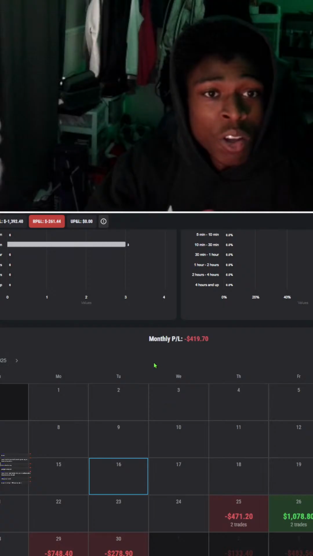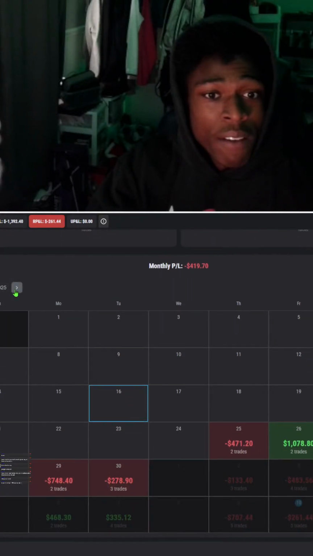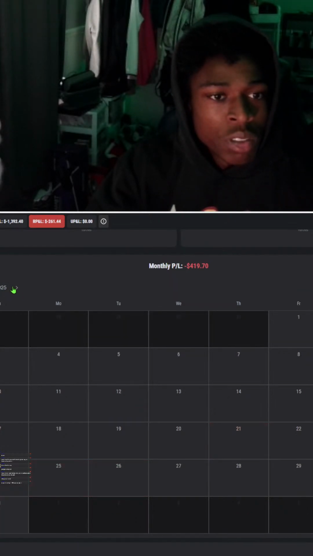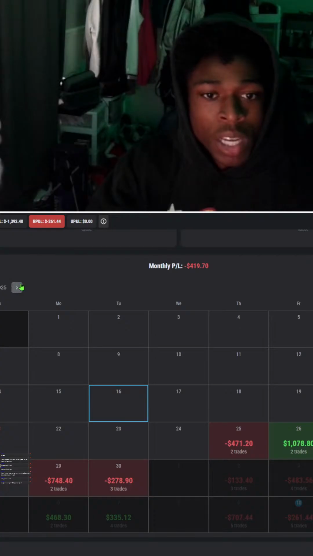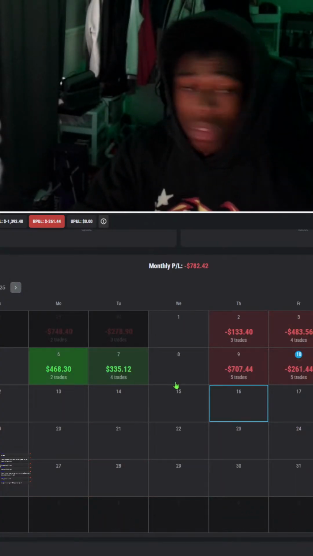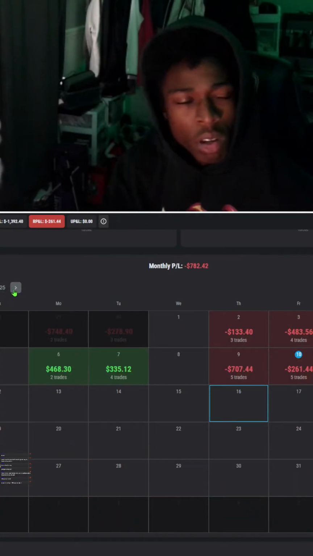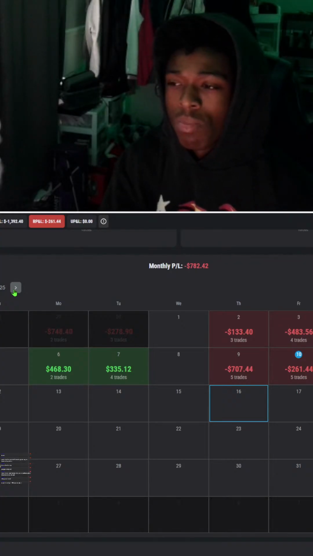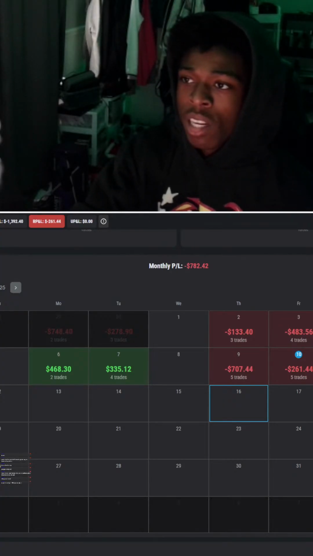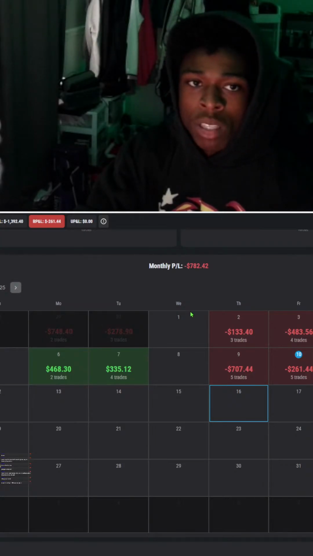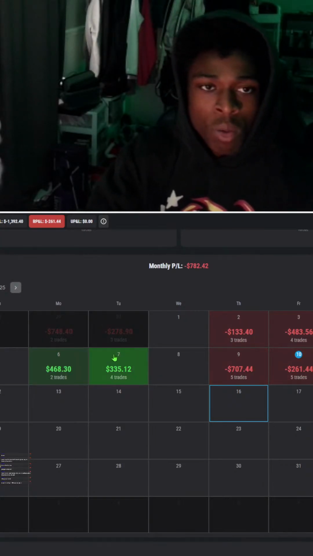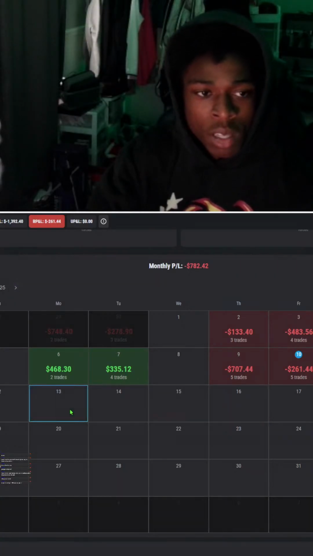I'm clearly not profitable. I lost 419 last month. I didn't even know that. It's only showing the trades on the Express account because when I passed these accounts, I passed them in 2 days. I didn't have this account in August, so my only goal is to have these accounts over a long period of time. Feel me? I'm not worried about the P&L balance. Obviously, it's going to change as I get experience, but I just really want to have longevity in this game with these accounts.